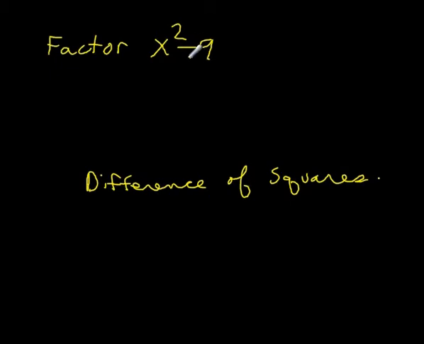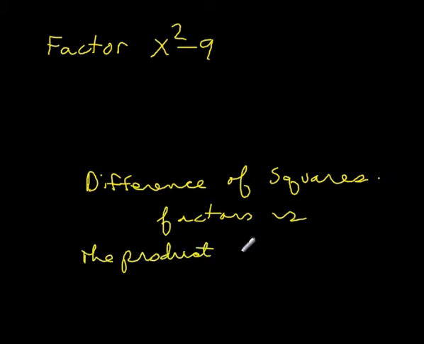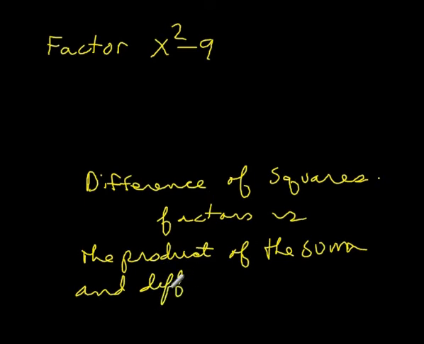Being a difference means that there must be a minus sign here because a difference is found by subtracting. Being squares means that each term has a perfect square root. The square root of x squared is x, and the square root of 9 is 3. The difference of squares factors as the product of the sum and difference